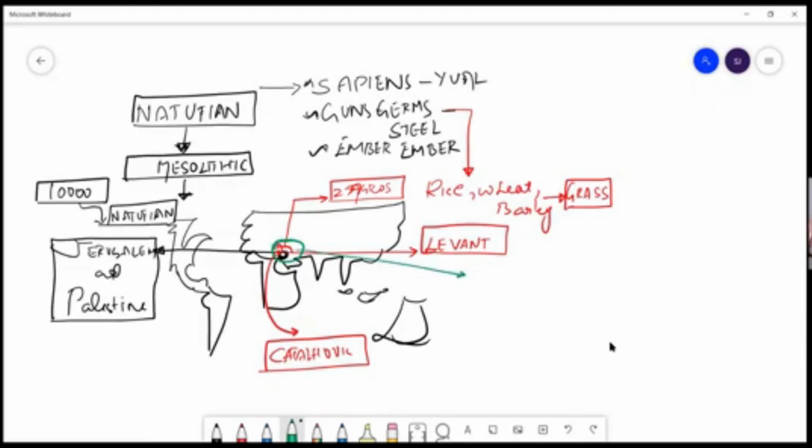is where the wild varieties of all these grasses you will find in that region. So what Guns, Germs and Steel says is why that area was chosen specifically: because that area contained all these grasses in wild variety. When you have the abundance of wild variety, you have the environment which is aiding you